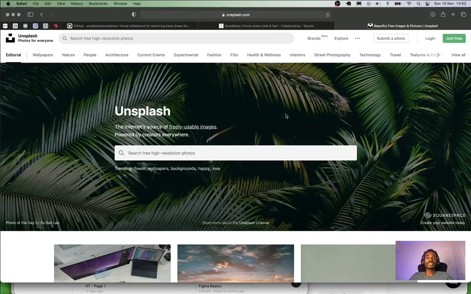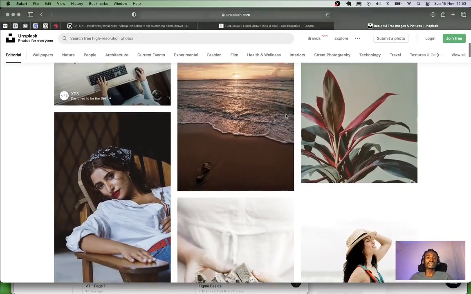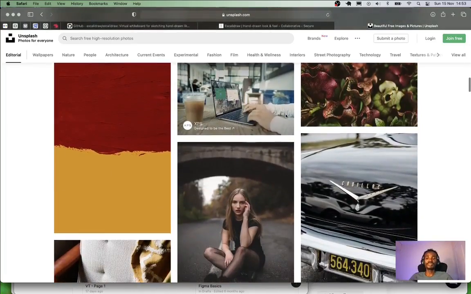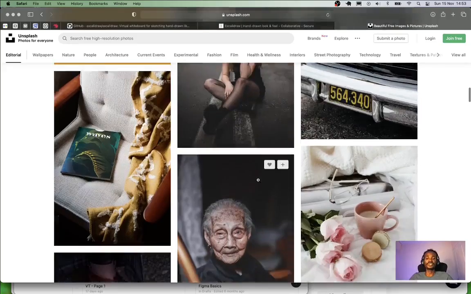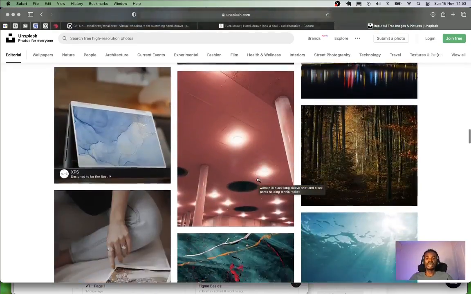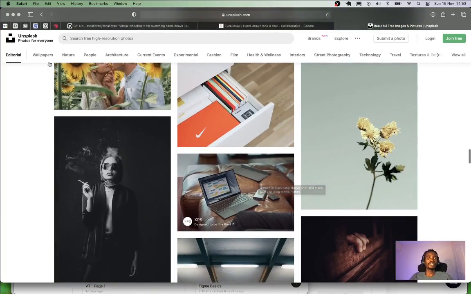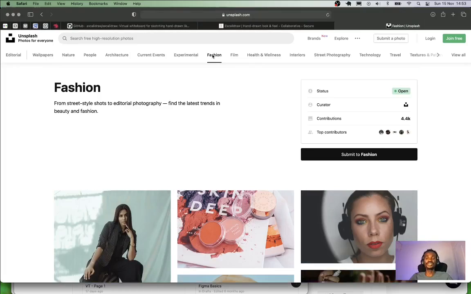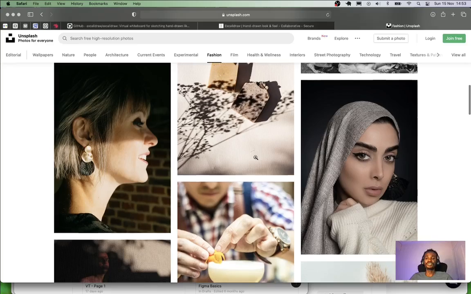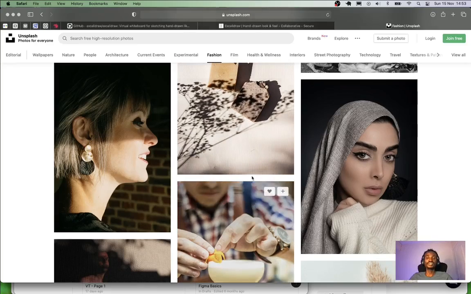Unsplash.com is a platform that helps you get royalty-free images for your website project, for your adverts, for your banner designs, for anything. It's really amazing. You can have different kinds of pictures from photographers from around the world, and these photographers contribute their pictures. What you just need to do is download the image